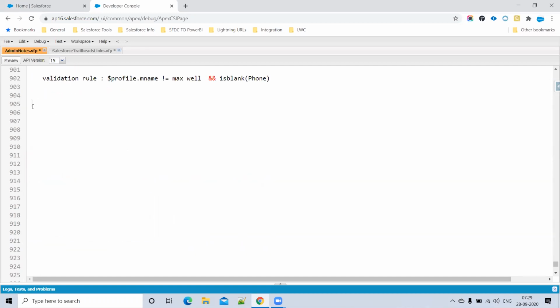For example, I want to fire validation only for new records. How can we achieve this? General validation rules fire both times: at the time of record creation and at the time of record modification. If you want to fire your validation rules only for new records, you can use the IsNew function. If I want to fire validation only for existing records, NOT(IsNew). Correct.